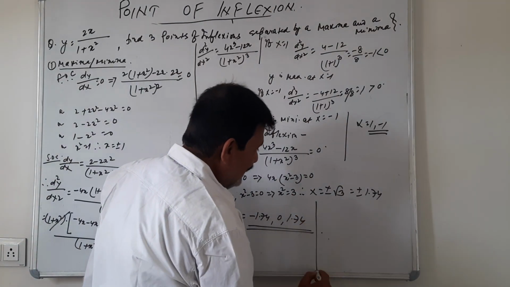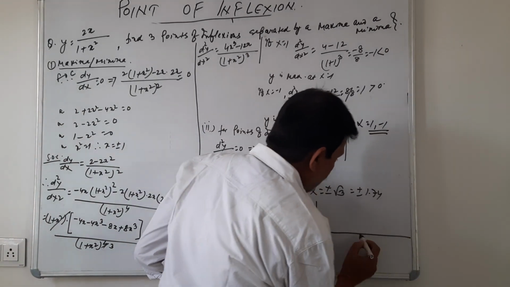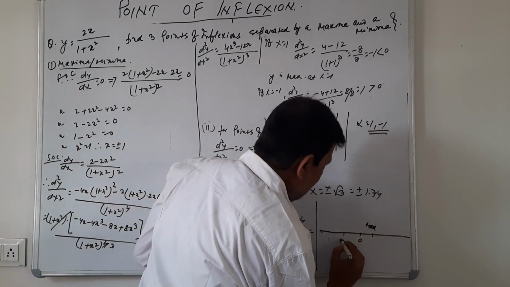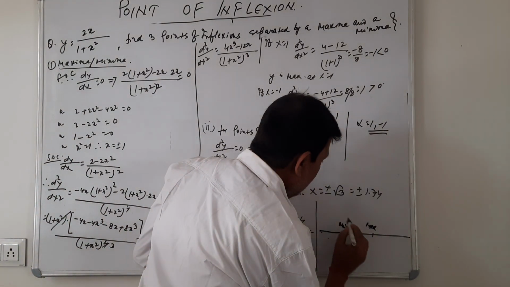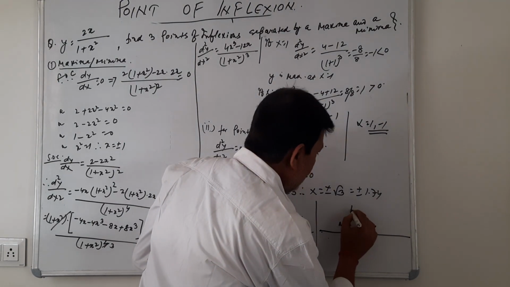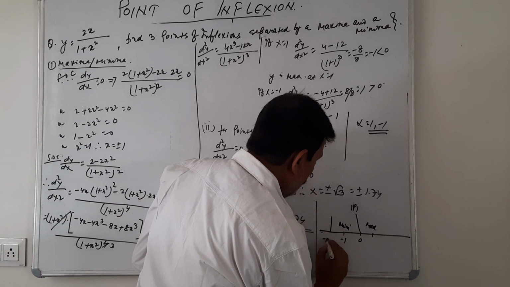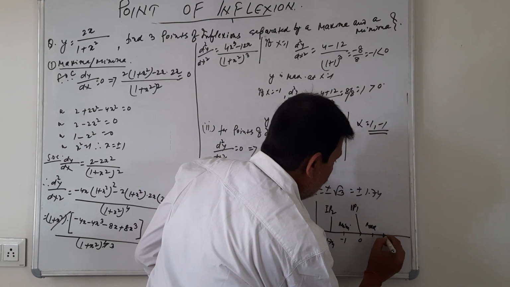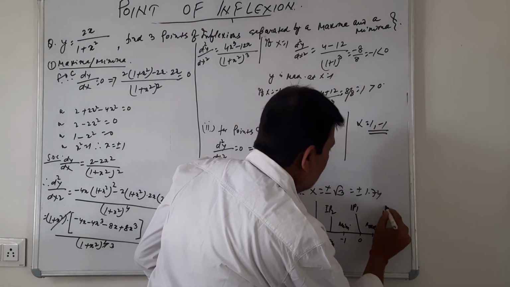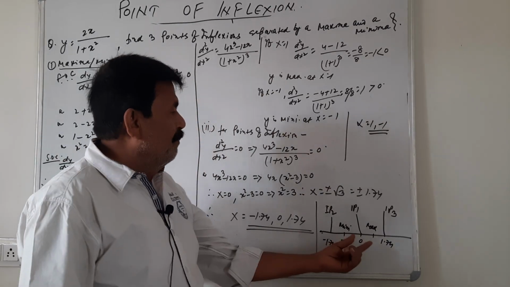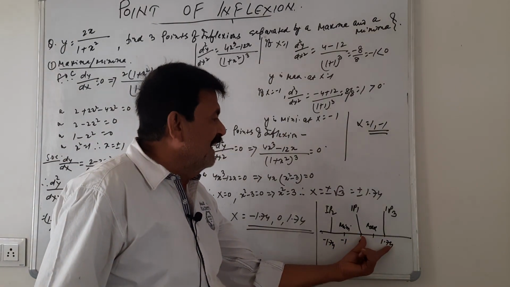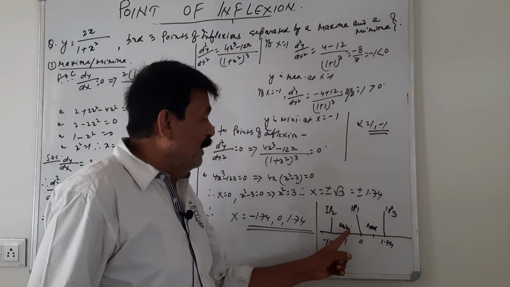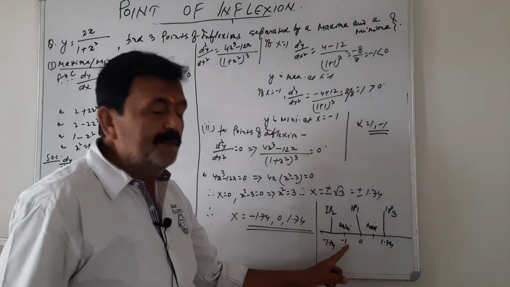So it is quite obvious that we have 5 values of x. At plus 1, it is maxima. At minus 1, it is minima. At 0, inflection point 1. At minus 1.74, inflection point 2, and at plus 1.74, inflection point 3. Absolutely, two inflection points are always separated by either a maxima or a minima, and in between these three inflection points, we shall have a maxima and a minima.